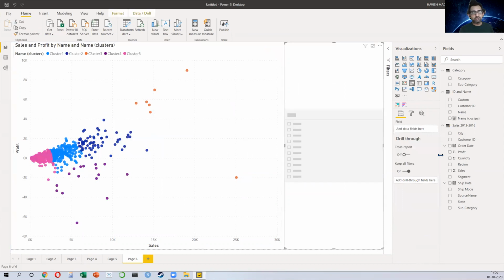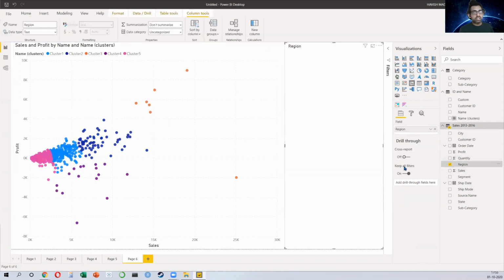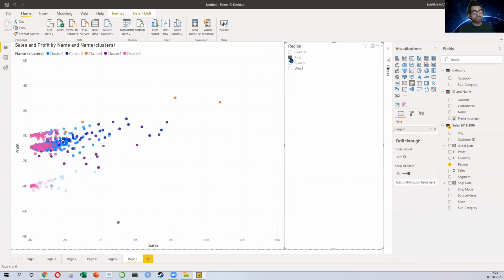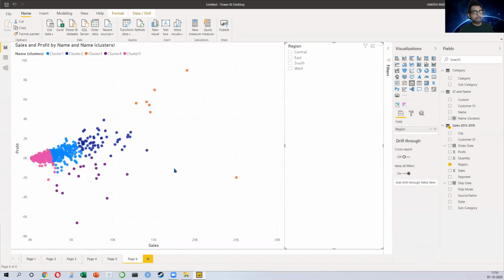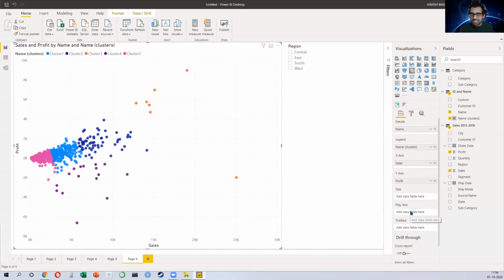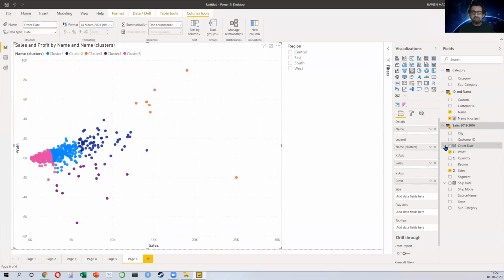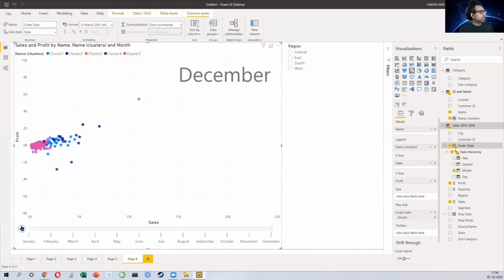And you can now look at different regions and then see that for every region, what is the cluster breakdown like this. Right? Then you have a play axis here. So if I keep my order date in my play axis, I can also click on the play button and I can actually see, you know what, let me just put, maybe only my month, yeah.